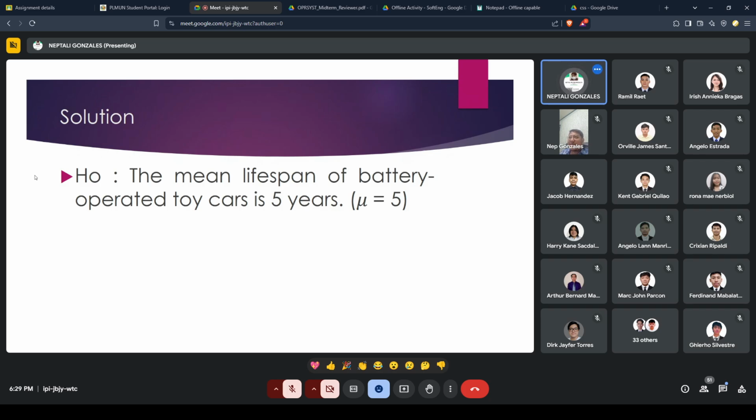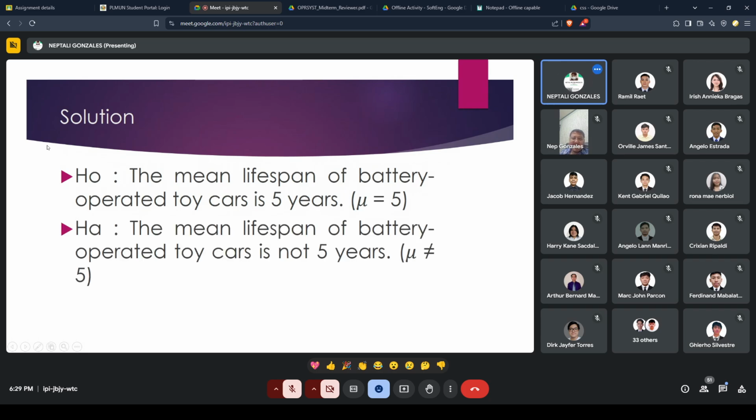The first step is to formulate the null hypothesis. So to formulate the null hypothesis, or H sub O, the mean lifespan of battery-operated toy cars is 5 years. So that is mu is equal to 5. The null hypothesis says that it is true that the lifespan of the battery of the toy cars they produce is 5